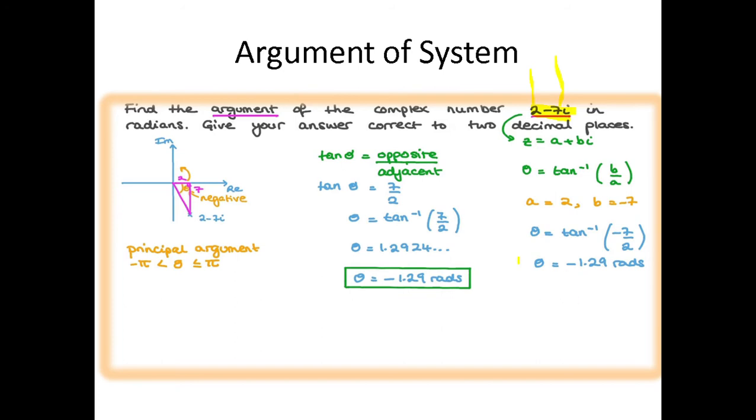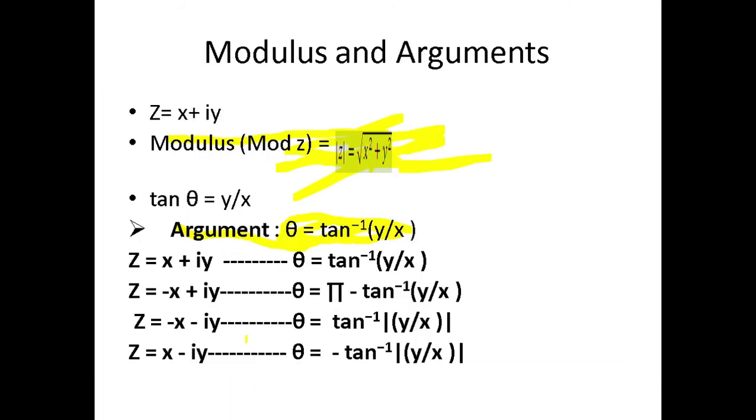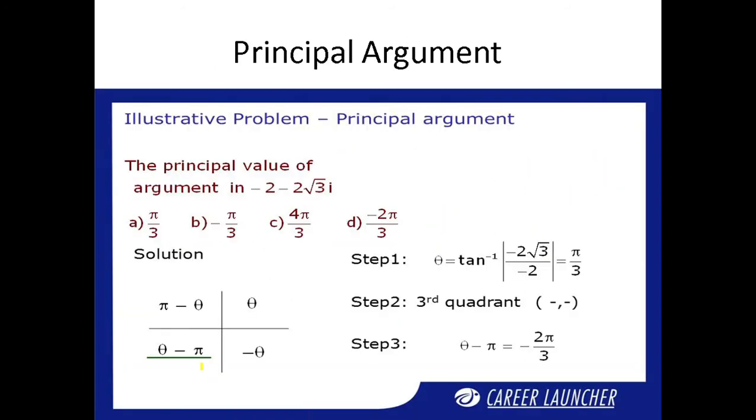calculated in radians. Then this is also a format you can process on. Because it is in the fourth quadrant, here is the first quadrant, then the second quadrant, this is the third quadrant, and this is the fourth quadrant. This type of sum is like this. Then find what is the principal argument. What is the principal argument? It means angle. Argument, principal argument, angle, all meanings are the same.